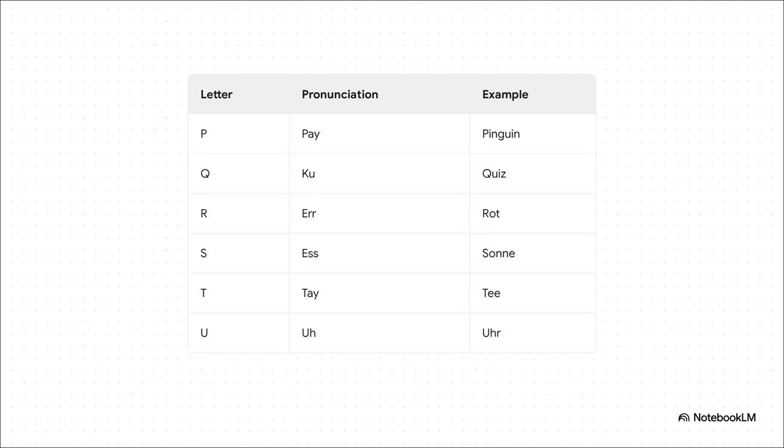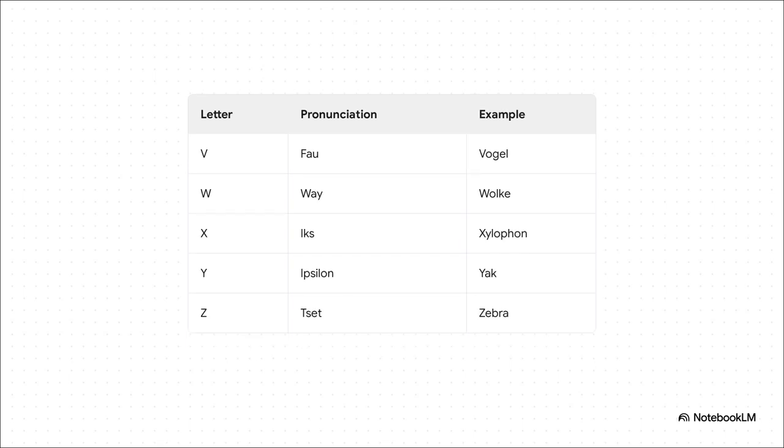P is Pay, as in penguin. Q is Ku for quiz. R is Er. Try to get a little vibration in the back of your throat if you can, as in rot. S is S for sunny. T is Te for tea. And U is U for Fantastic. All right, we're at the finish line for the standard alphabet, but this slide has some really crucial ones, so